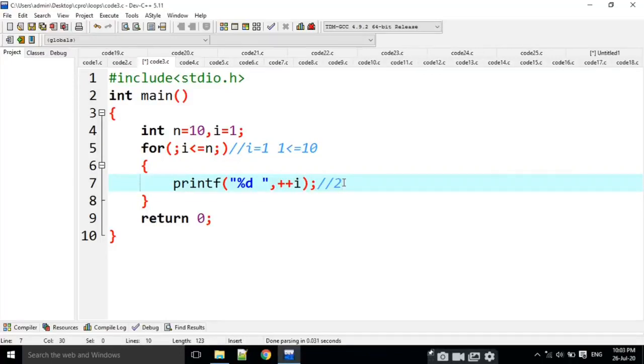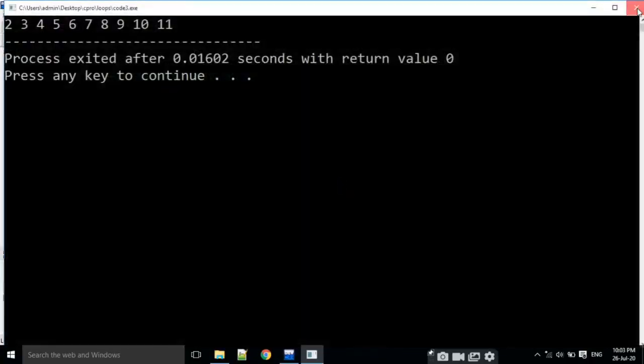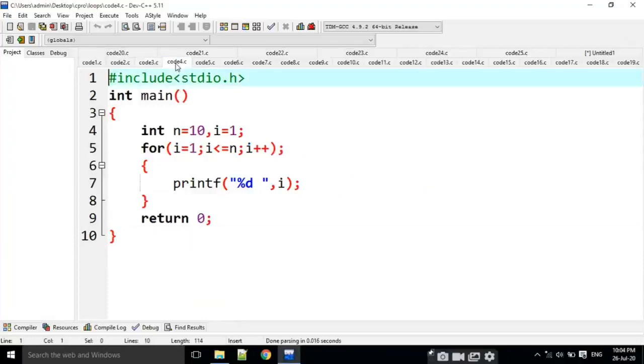That means 1 becomes 2, then it is printed here. 2, 3, 4, up to 10 and 11. If the I value is 10, it is going to print 11 and terminate the loop. Next question.